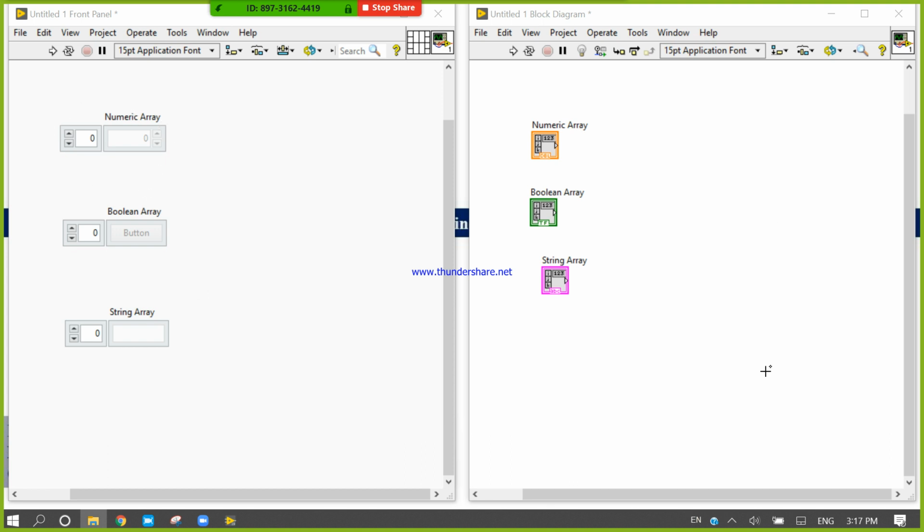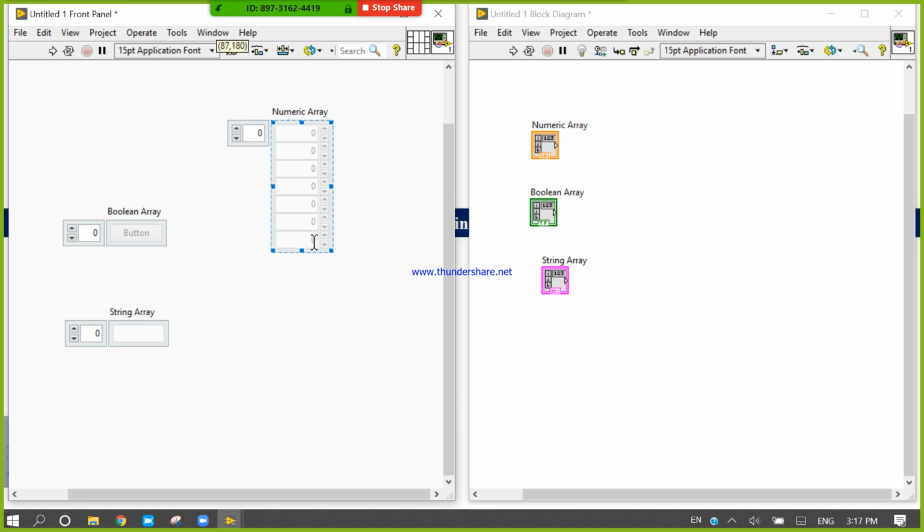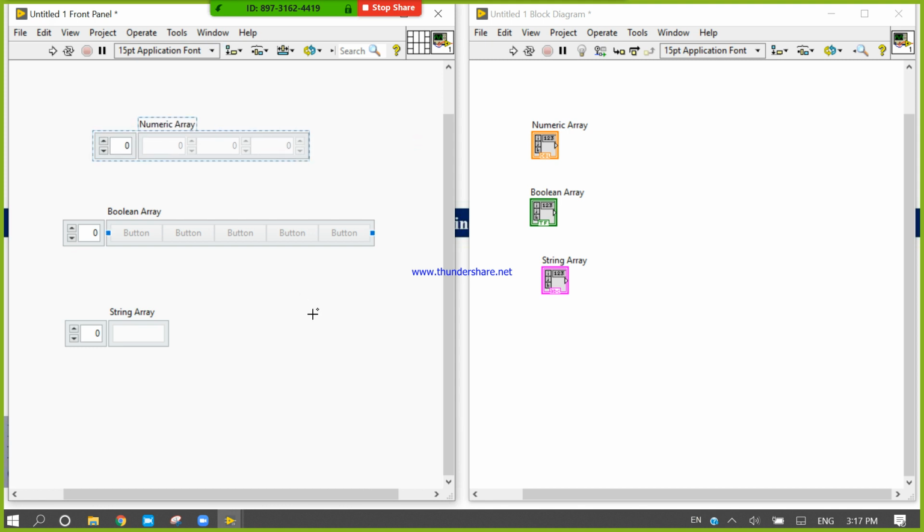Right now it is just a 1D array. You can expand this array from top to bottom or left to right, because it is a 1D array.